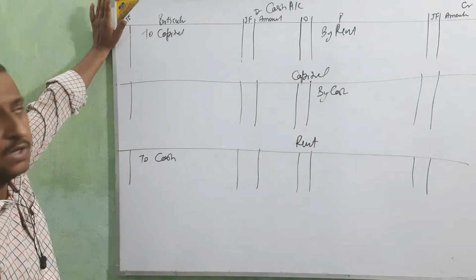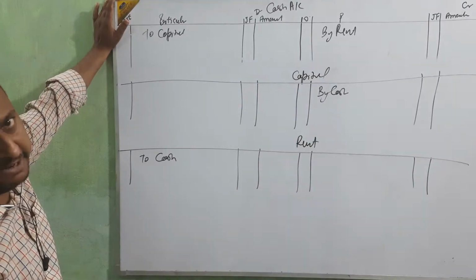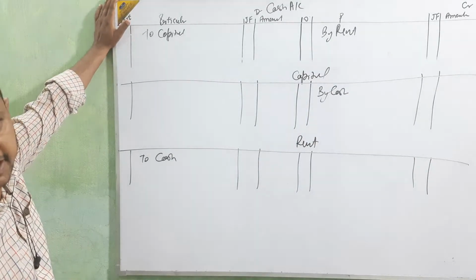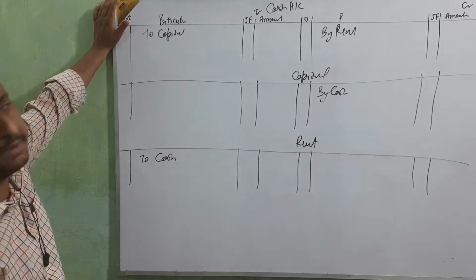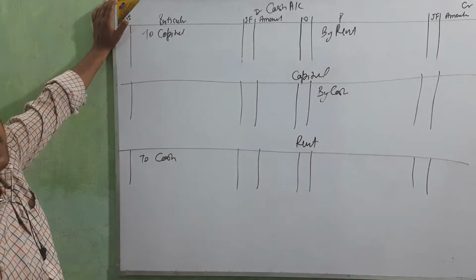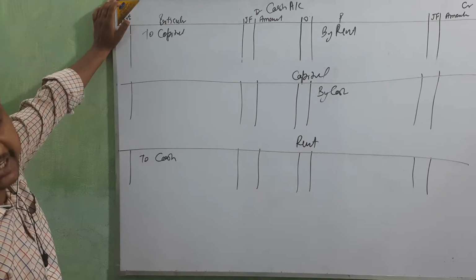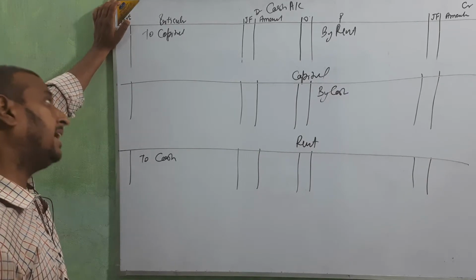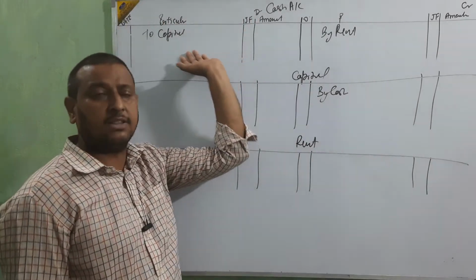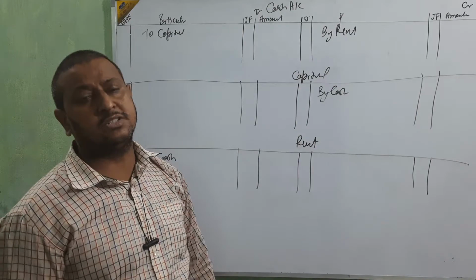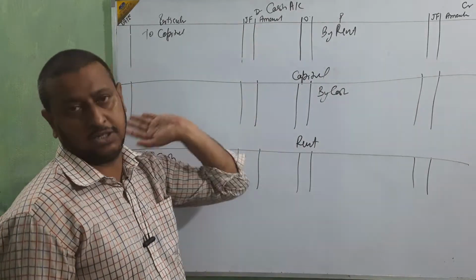Clear or not? Which account are we going to make? If that is debit, then its opposite will be debit; if that is credit, then its opposite is credit. But at the time of taking the amount, we take the amount which is in front of that main account. Okay? Cash account debit to capital. So in front of the cash account, whichever amount is there, that will be taken and written here.